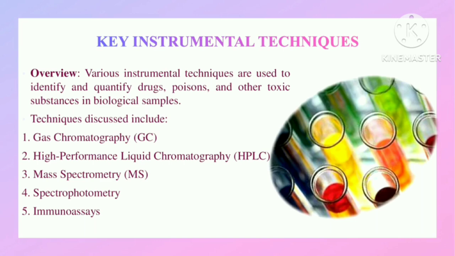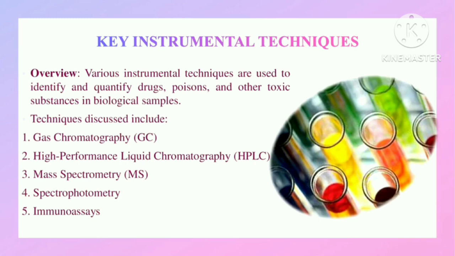Instrumental techniques play a crucial role in forensic science and are used in many areas including trace evidence, fire and arson investigation, toxicology and controlled substances. These techniques are used to identify and quantify drugs, poisons and other toxic substances in biological samples. Here are some techniques, and in this video we'll be mainly focusing on the principles, applications, advantages and examples of